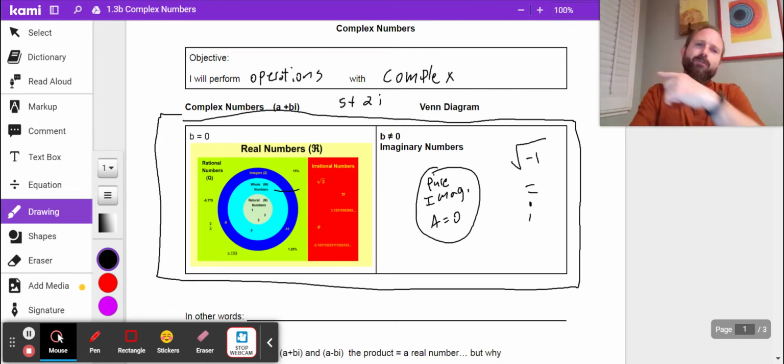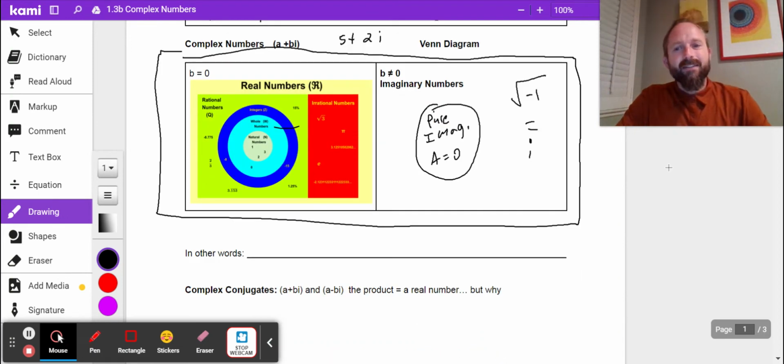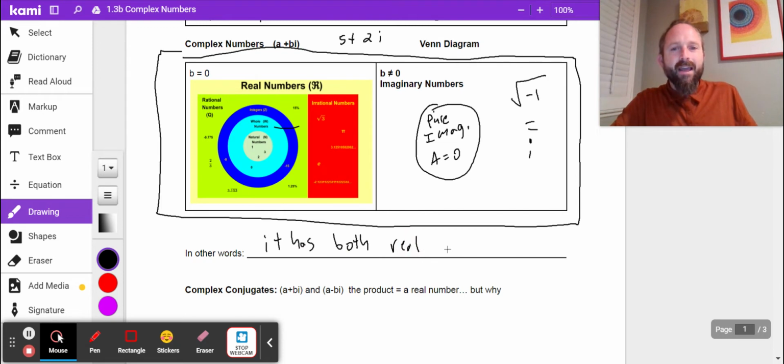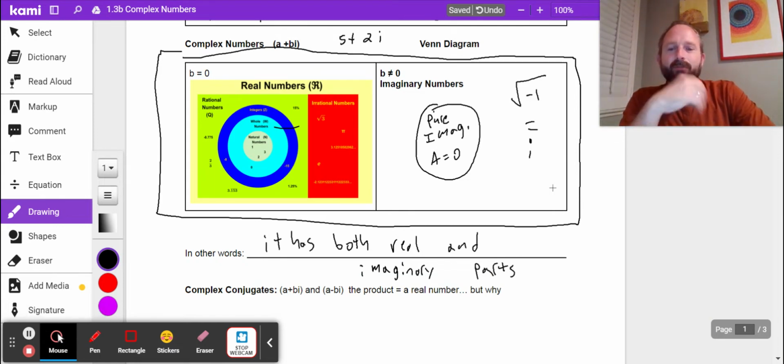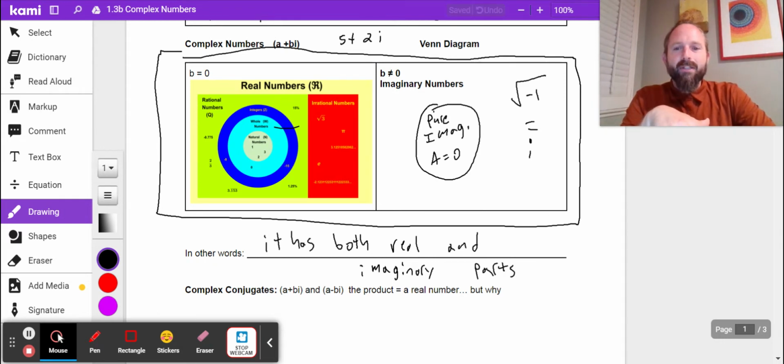So that's a preview from last video. So let's go on. So in other words, it has both real and imaginary parts. So let's dive into this, complex conjugates. So if we have a plus bi and we're going to have a minus bi, the product's going to be